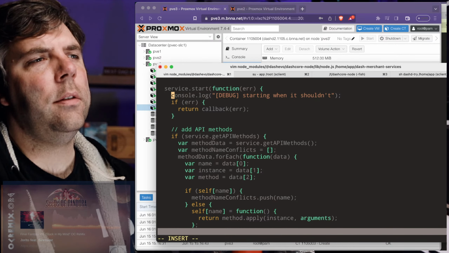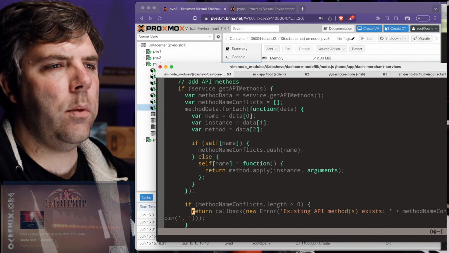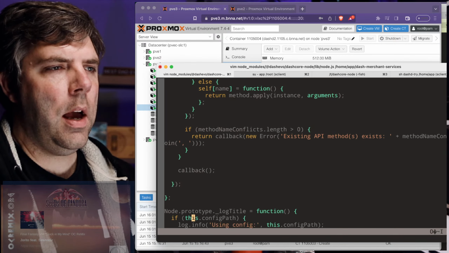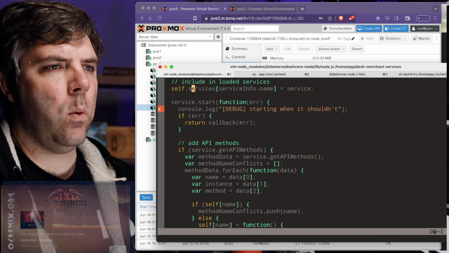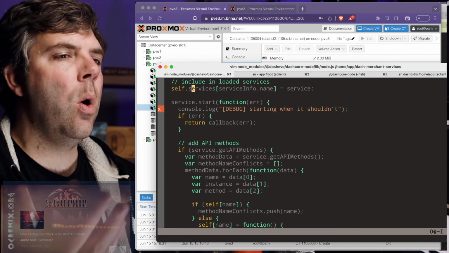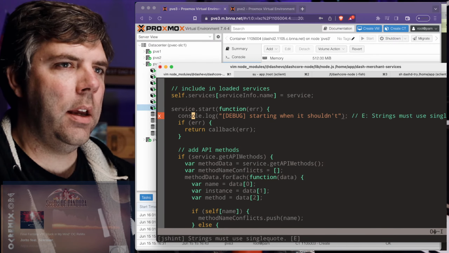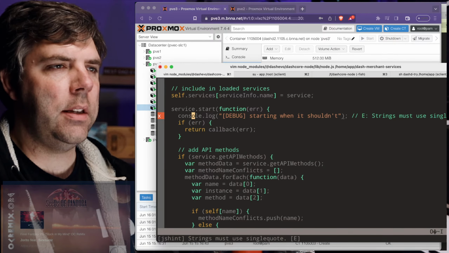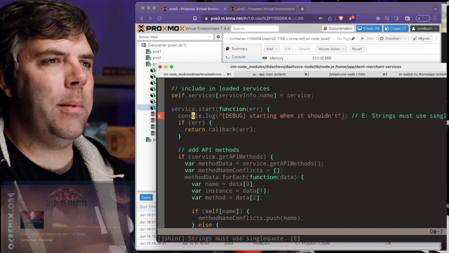Okay, so this is wrong. It's not starting when it shouldn't. I think I just had some confusion about what start means, because start could mean either connect or exec. And at the time that I put this in here, I thought that start meant exec.